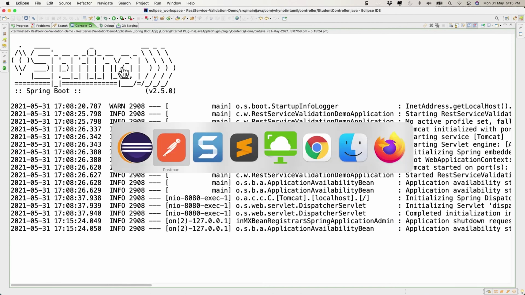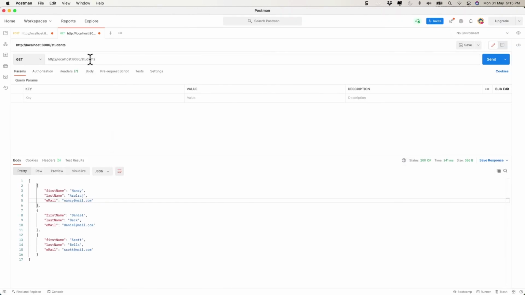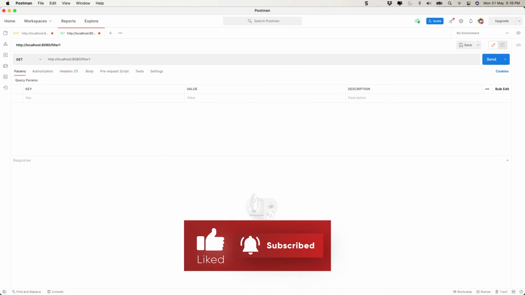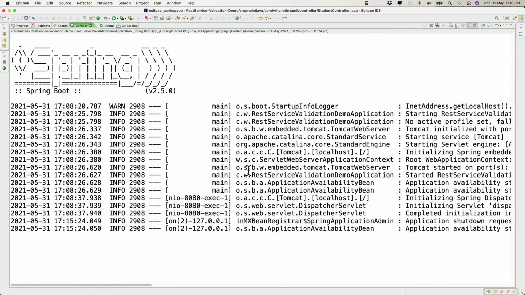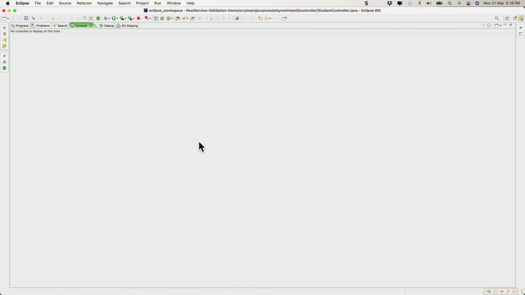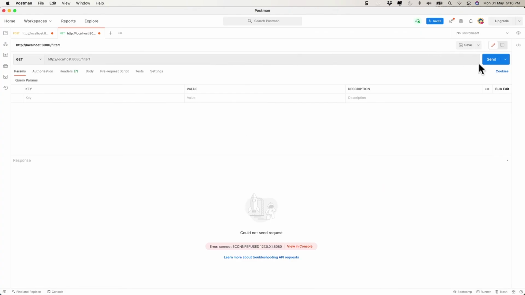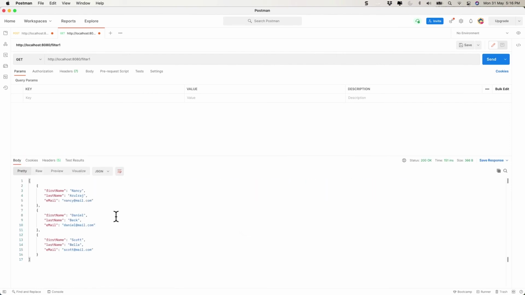So now all we need to do is just go back to our Postman. So instead of students, I'm gonna call the filter one, which will give you pretty much the same response back, right? So send. Okay, something is wrong. What is there here? Okay, the server is stopped but not started yet. So let's start it. Start the server. The server is started now. Let's go back to Postman and hit the same request. See what happened? We got the same outcome without the student ID.